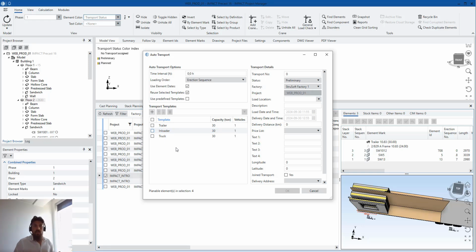This is important to have the erection sequence predefined, and use this button called use predefined templates, and then the software will do the job for you. Simple as that. It will follow an erection sequence. It will follow what template you want every element to be added on, and it will create transport numbers and transport all of your transports according to the erection sequence. So 1, 2, and 3 will go to the first transport, 3, 4, 5 will go to an in-loader template in the second transport, 5, 6, 7 will go to a trailer, back to a trailer, and an A-frame with